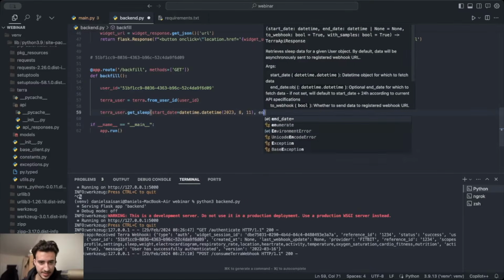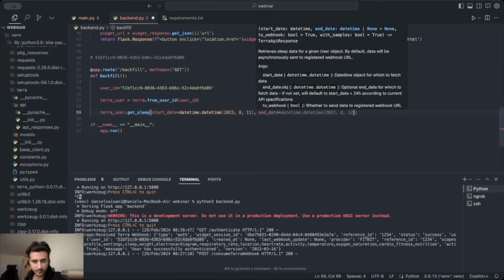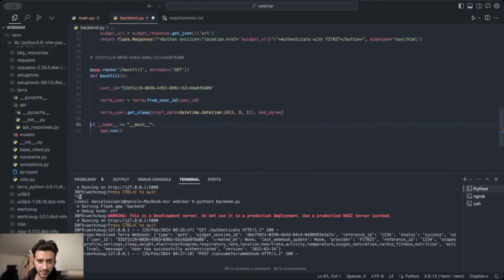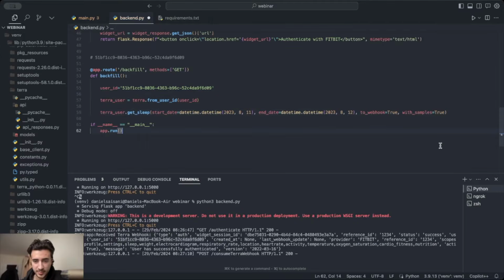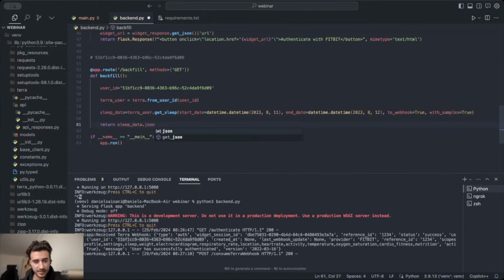And we pass in an end date of the same plus one. We pass in toWebhook as true, and we pass in samples as true, since we want to get some sampled data. Don't forget to store this in an appropriately named variable, such as sleep data. And once you've done this, we can just return the JSON format of this response. And if we go ahead and restart our server,